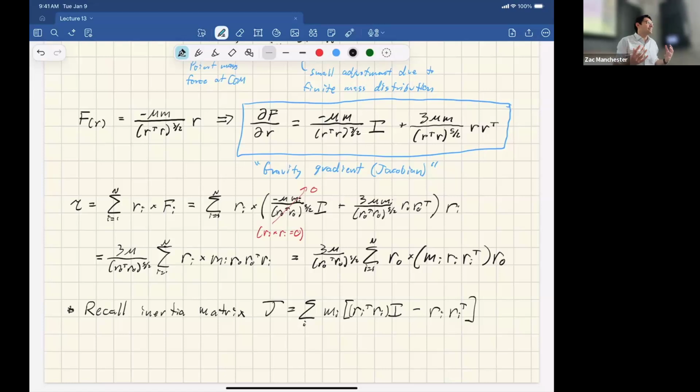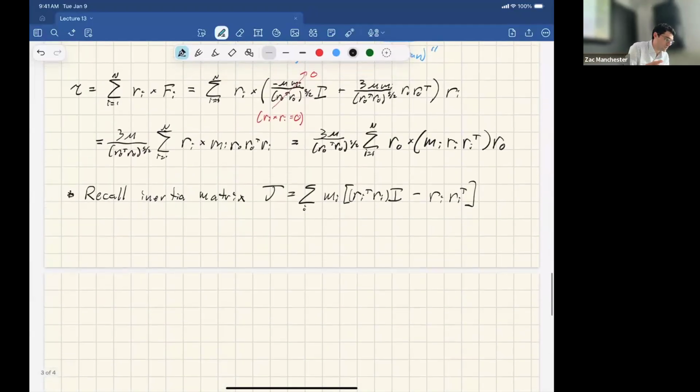Which makes sense in some hand-wavy sense, that ultimately the inertia matrix is capturing the mass distribution up to second order. So in some Taylor expansion-y kind of way, it makes sense that I should be able to take whatever mass distribution terms are showing up in this sum that I've Taylor expanded to first order and replace it with an inertia matrix, because that's kind of what the inertia matrix is. It's a rough approximation or representation of the mass distribution. So that's what we're doing. And just to summarize why we can do this, this term will cancel out